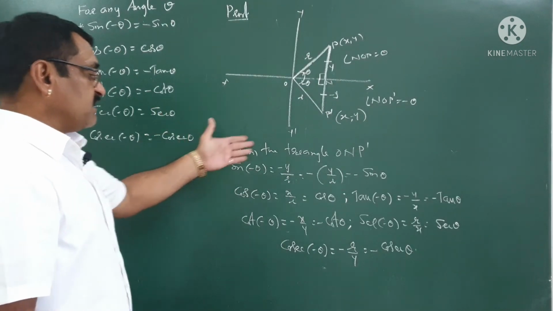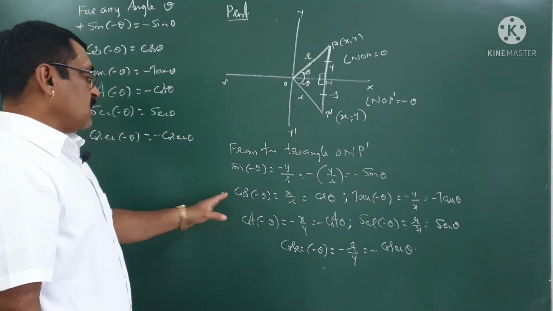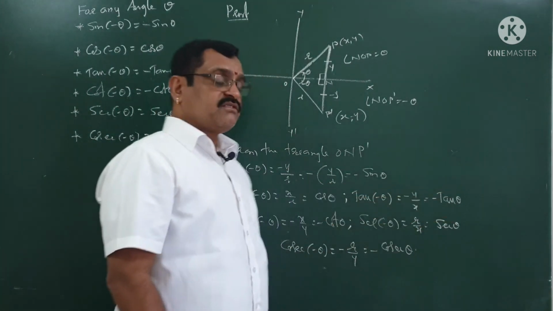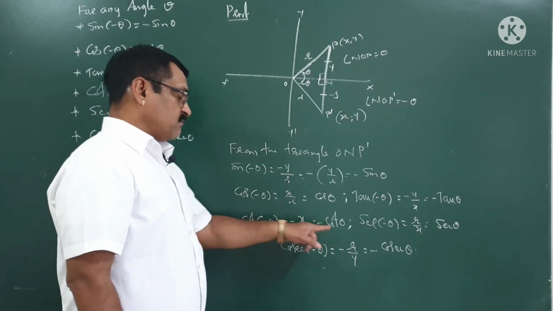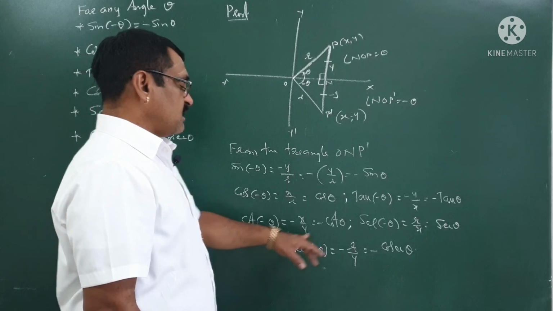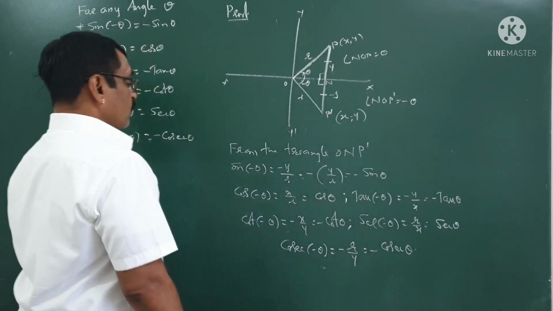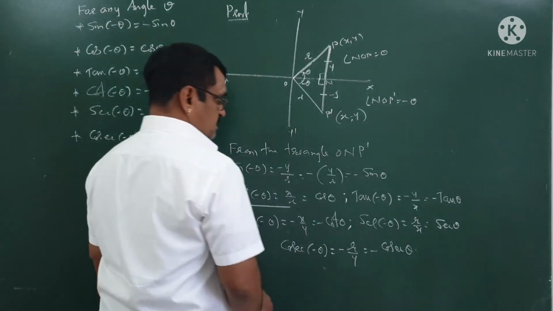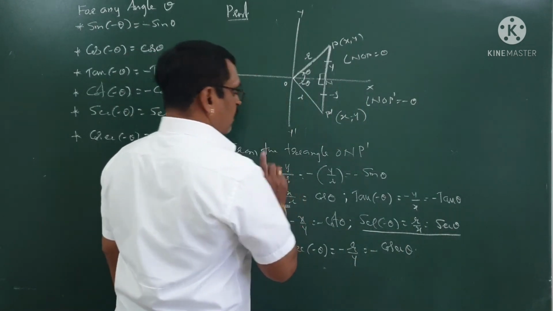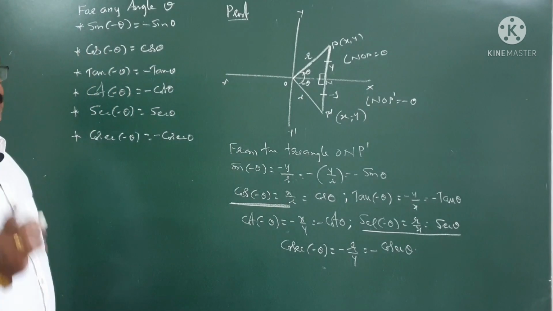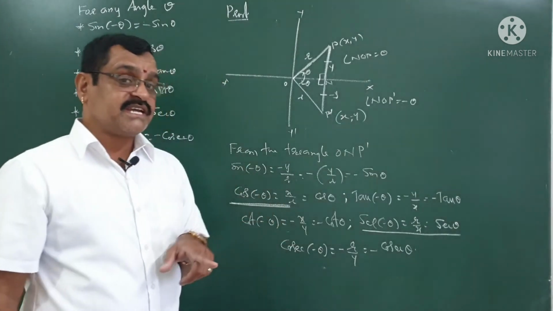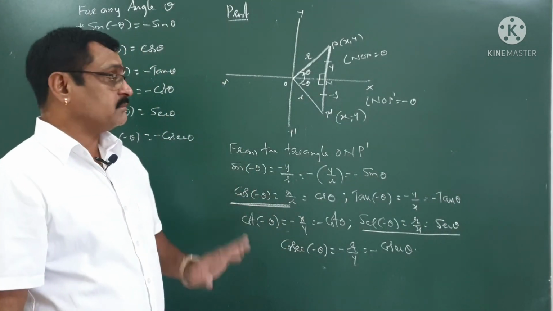So, sine of minus theta is minus sin theta, cos of minus theta is plus cos theta, tan of minus theta is minus tan theta, cot of minus theta is minus cot theta, secant of minus theta is plus secant theta, cosecant of minus theta is minus cosecant theta. Only cos and its reciprocal, these two are positive, remaining all are negative. This is same as if the point P lies in the fourth quadrant, cos and secant are positive, remaining are negative. Please take